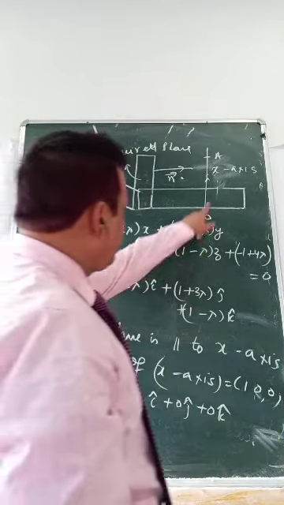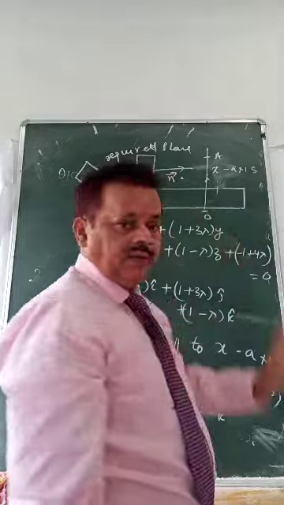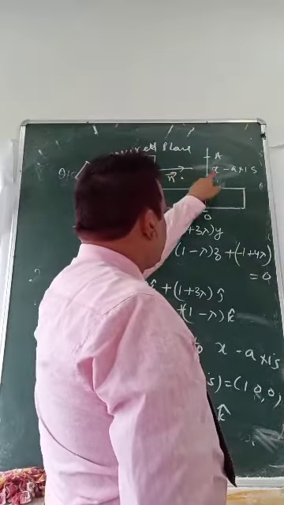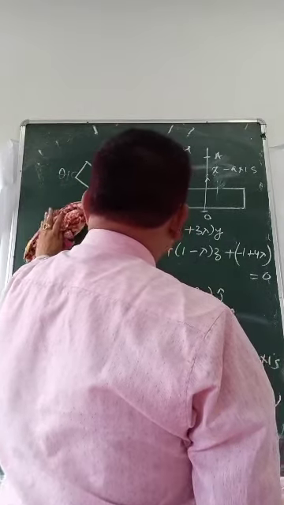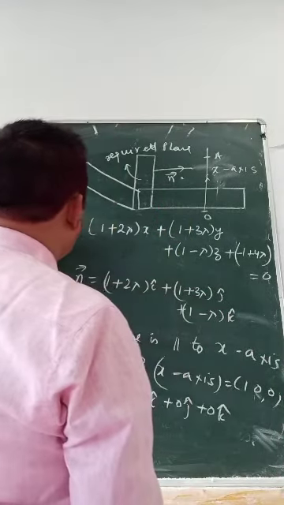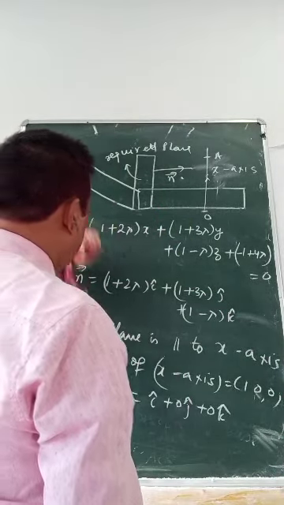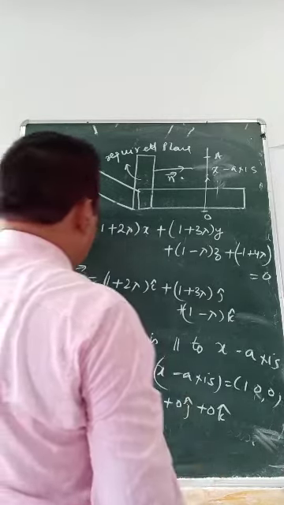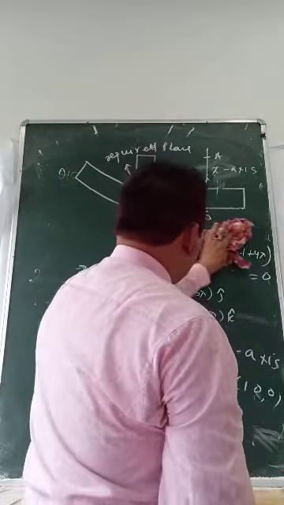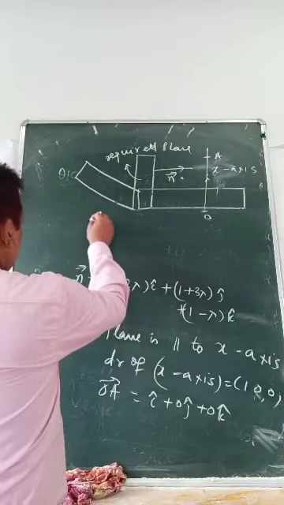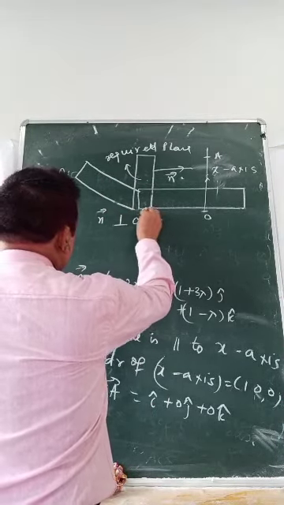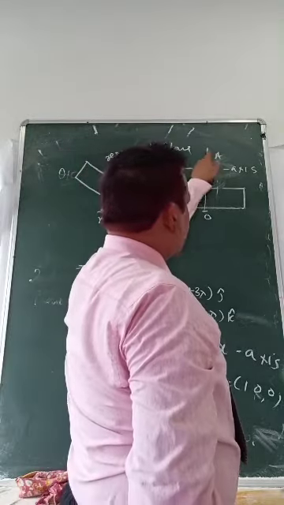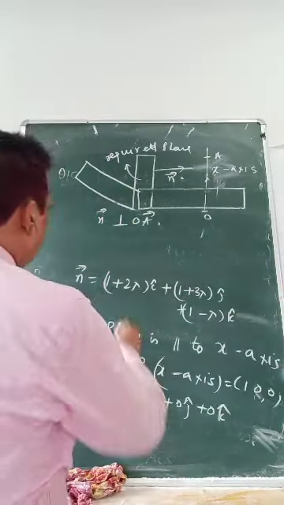OA is a line, normal is a line. What is the relation between the normal and the x-axis? Here the normal is perpendicular to OA. This will be perpendicular, so n dot